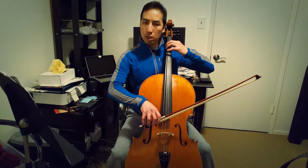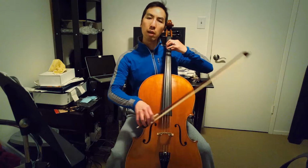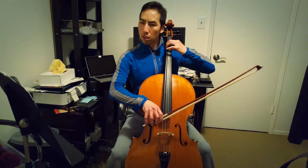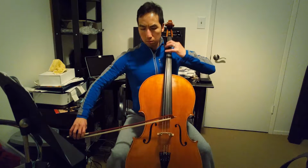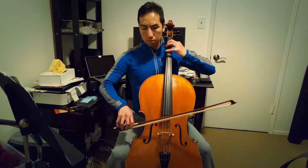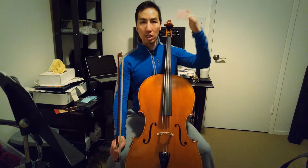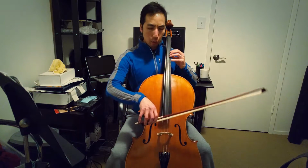I'm not sure if it's picking up on the microphone that well, but I find on the C string, I'm going to need to do a lot more of a sliding motion, that practice sliding that I was doing early on when I was trying to understand this motion, in order to hear a more cohesive oscillation between the two notes that the sound wave is oscillating between. Whereas on the A string,